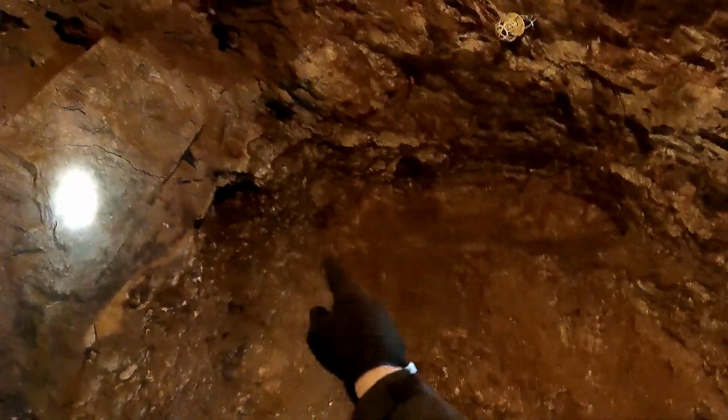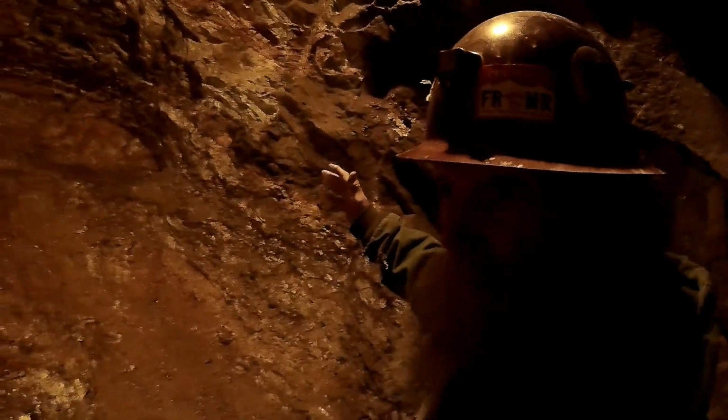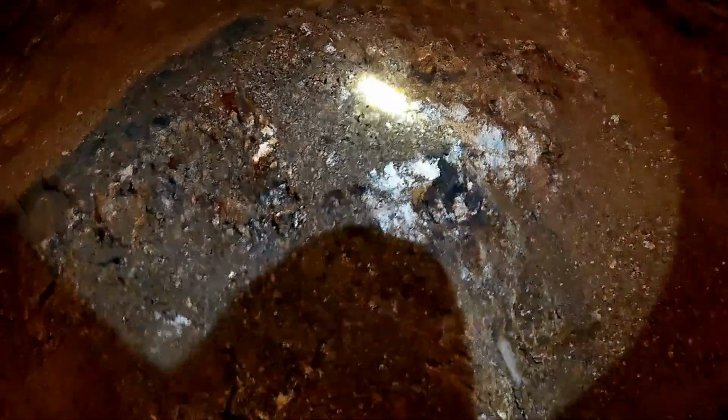Now, if you look here, you see the solid rock? They didn't touch anything. They left the solid rock there. And then the solid rock we have here. And everything between the hanging wall of the solid rock and the footwall is all this ore. Now, this stuff here is silver chloride. And this is what the Spanish would oxidize with the animal waste and melt it down into pure bars of